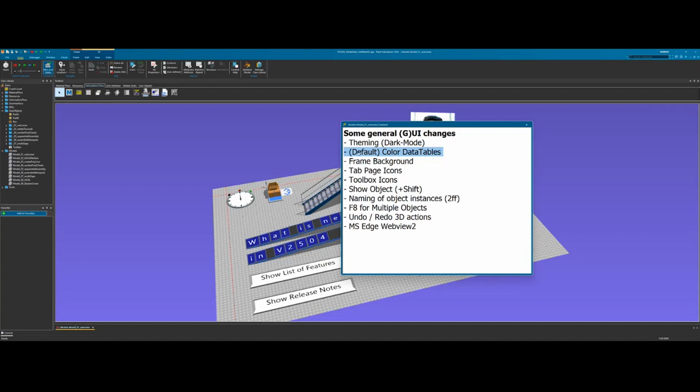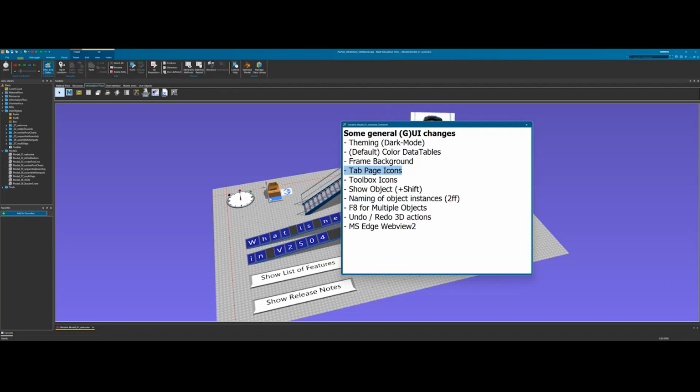So that is now explicitly available, but it's just a small thing. But for me, I find it quite useful because I like to highlight in the data tables with colors a lot. So being able to easily revert the color to default setting is pretty cool. You can define frame backgrounds. You can see it in my small example model. I used some purple background as a demonstration, which goes nicely with the dark mode, but you can, of course, choose any color that you like.